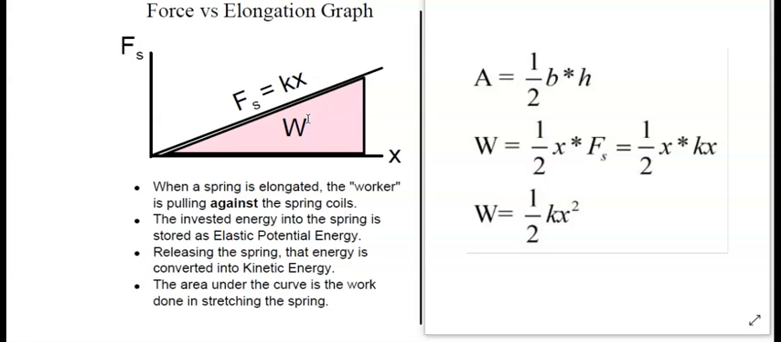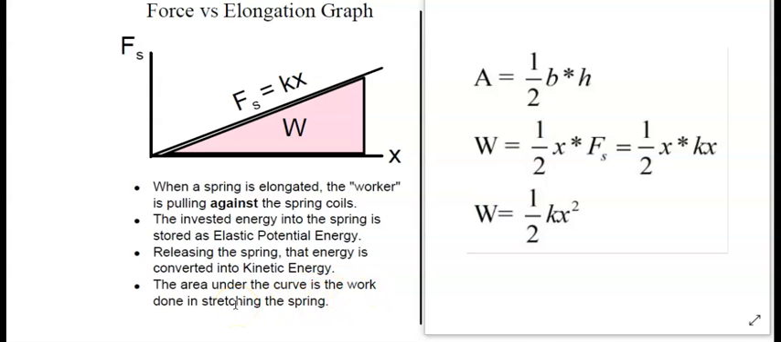When a spring is elongated, the worker is pulling against the spring coil. The invested energy into the spring is stored as elastic potential energy. Releasing the spring, that energy is converted into kinetic energy. Just imagine a bow and arrow releasing the arrow, or a slingshot setting a pebble in motion. And then, of course, as we just explained, the area under the curve is the work done in stretching that